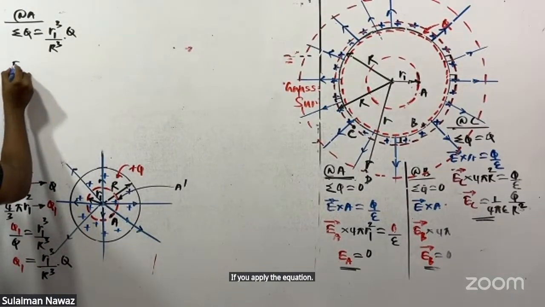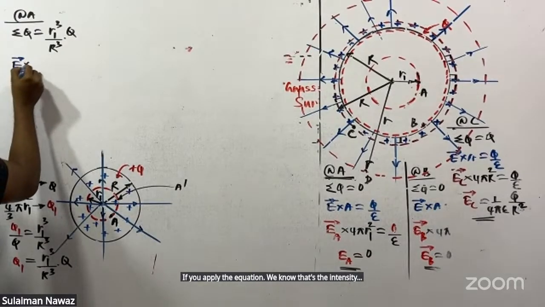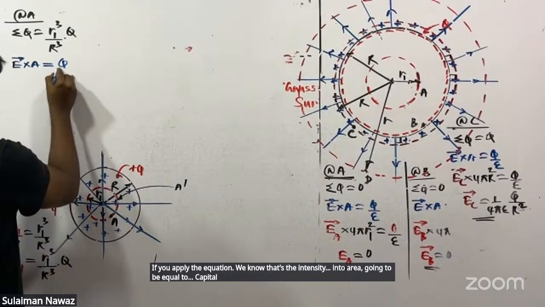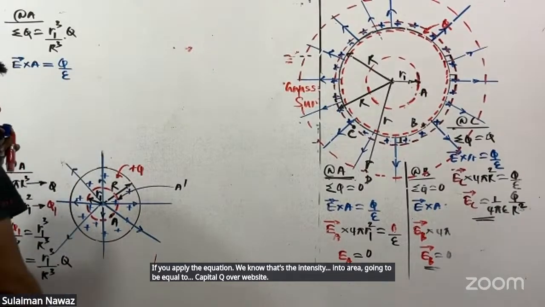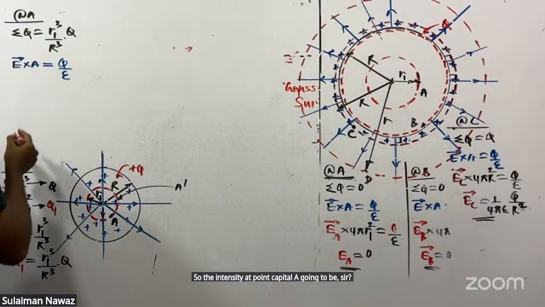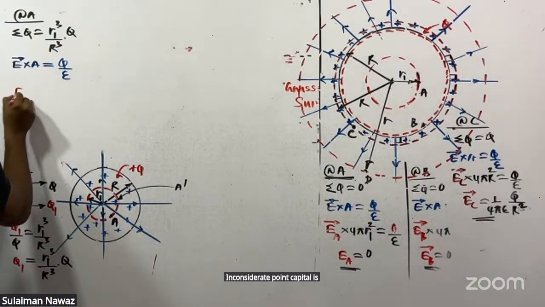We know that the intensity times area is equal to capital Q over epsilon. So the intensity at point capital A is going to be